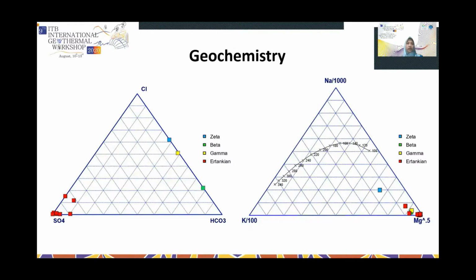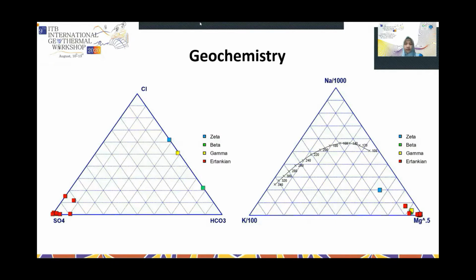The ternary plots show spring samples from Ertankian, zeta, beta, and gamma thermal manifestations. The chloride-sulfate-bicarbonate ternary indicates that the Ertankian spring is typical of sulfate, zeta is chloride, and beta and gamma springs are mixed bicarbonate-chloride waters. From the sodium, potassium, and magnesium ternary, all springs are immature, while zeta, believed to be the best representation of the liquid level of the Salak geothermal system at surface, is the only one in